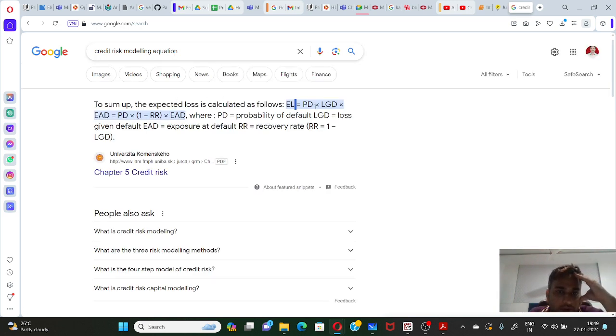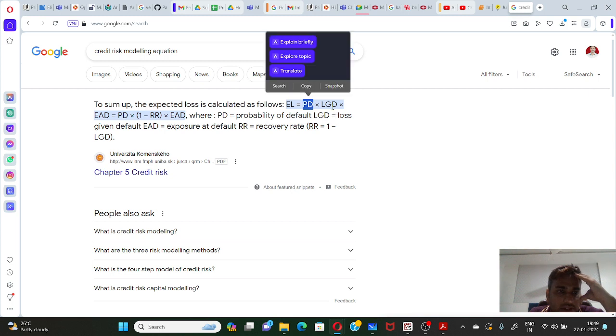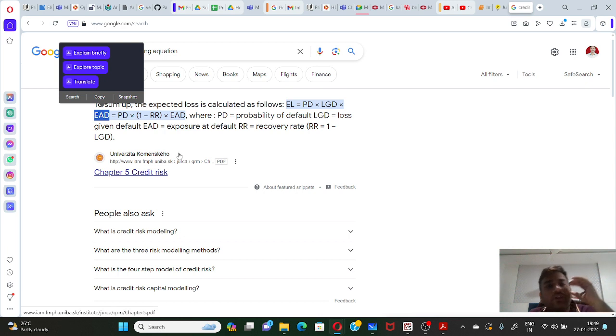So expected loss is equal to probability of default into loss given default and exposure at default, right? So for example, if you have taken a loan of, let us say, 100 rupees from a bank, a home loan, right? So there is a certain probability associated with your default, right? So there is a probability of default, and then there is